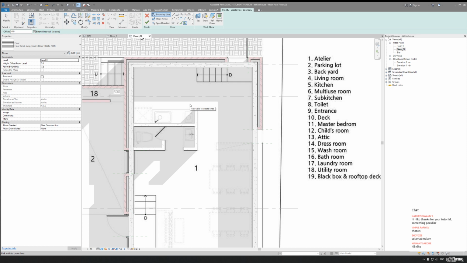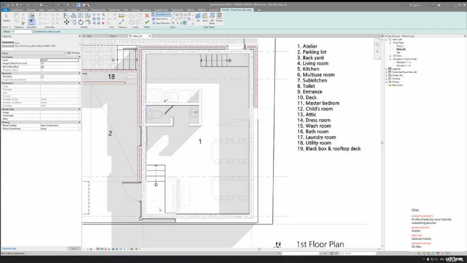Okay, about the floor, you have a lot of ways to place your floor, but just remember one thing: you should divide it into two things. First, this should be the structure floor. It's one whole big floor for your level. It's like a structure. And the second one is a thick one, but it's only for your finishing. Finishing you can divide by rooms. So now we will create the structure floor for